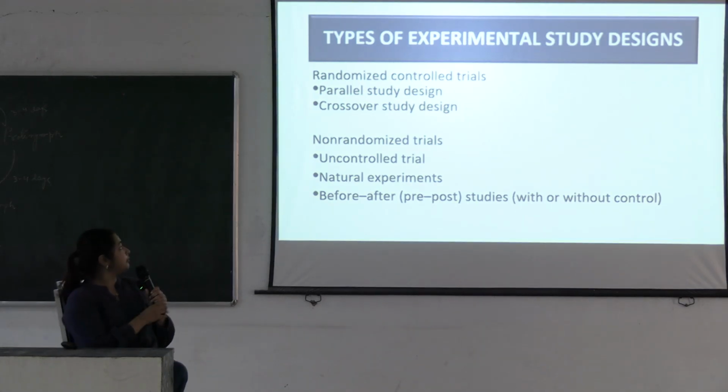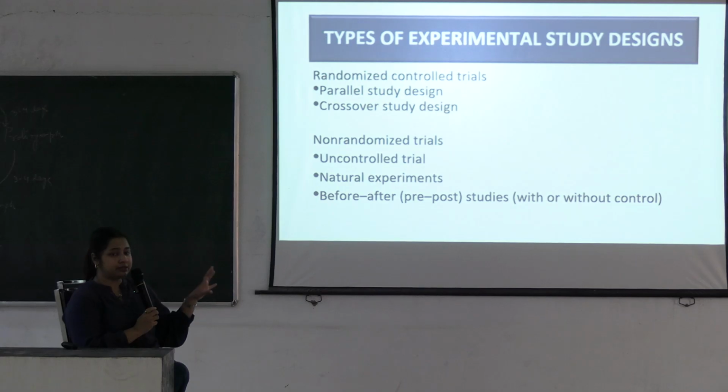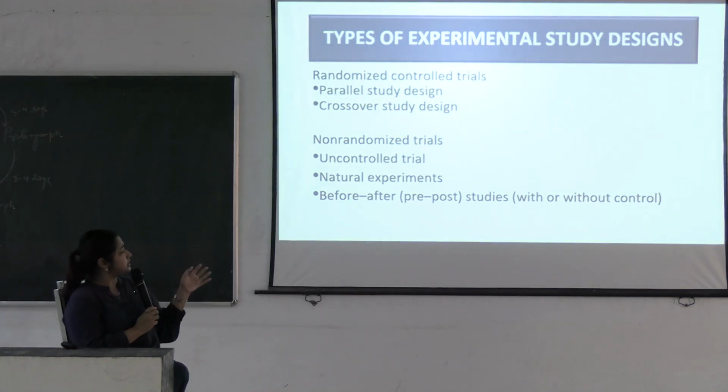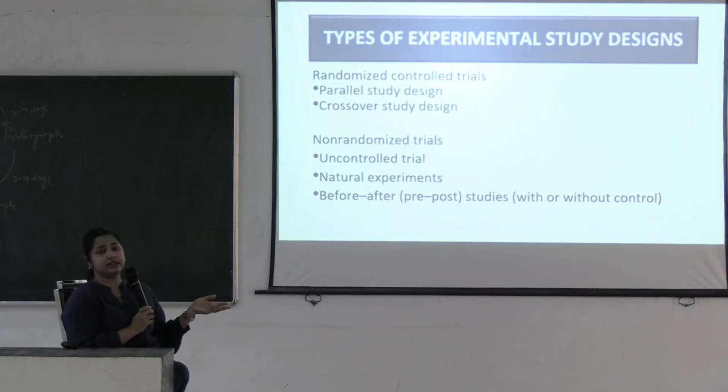This is important. There are two broad types: randomized controlled trials and non-randomized trials. Randomized controlled trials and non-randomized controlled trials are different in one thing, that is randomization, as you can understand from the names. What is this randomization? We will see. Under randomization, there is a parallel study design, concurrent study design, crossover study design, and there are